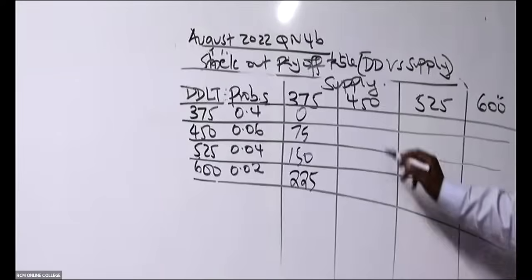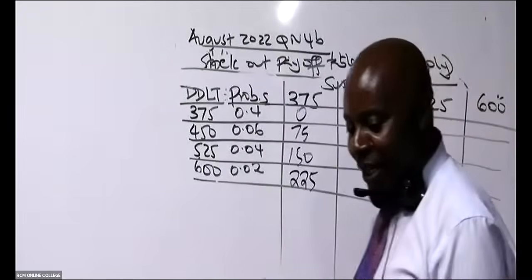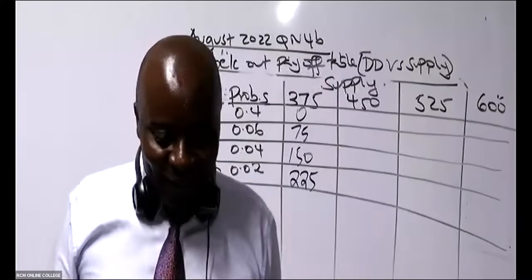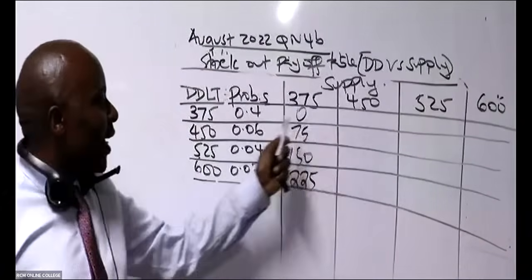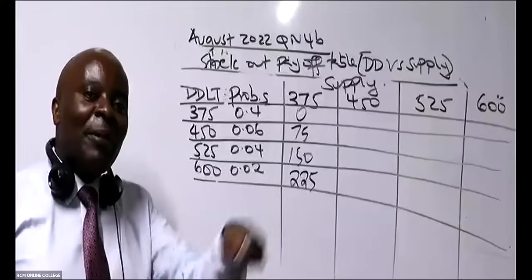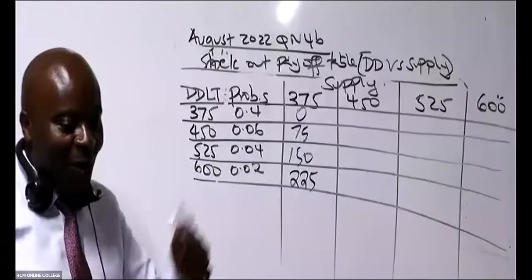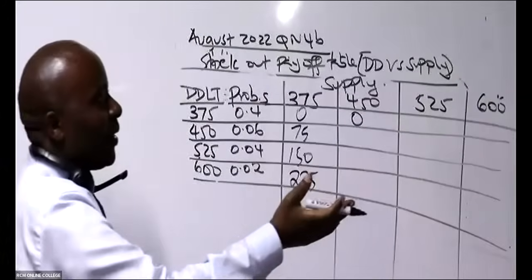And then now you come and run this other race of 450. The same procedure. Jeff is telling me that, Mwalimu, if you supply for 450 and then we have 375 customers coming demanding our goods, we shall be able to serve all of them. So in this case here, we will disappoint none.